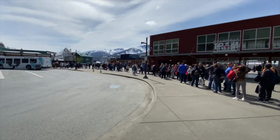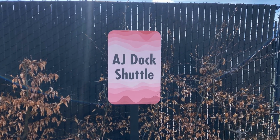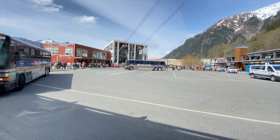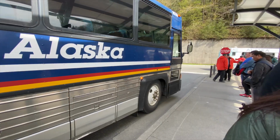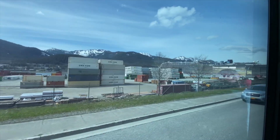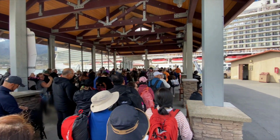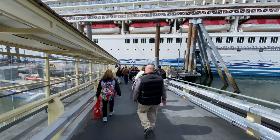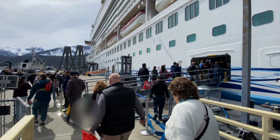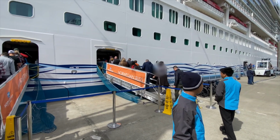We got into the long line for the shuttles back to the AJ dock. The line moved quickly, with the shuttle buses coming back one after another. A short bus ride back to the AJ dock, and we met up to a crowd at the pavilion. The line at the very right seemed to move quicker. Give it a try. We walked down to the dock, up the gangway, scanned our stateroom cards to reboard the ship,